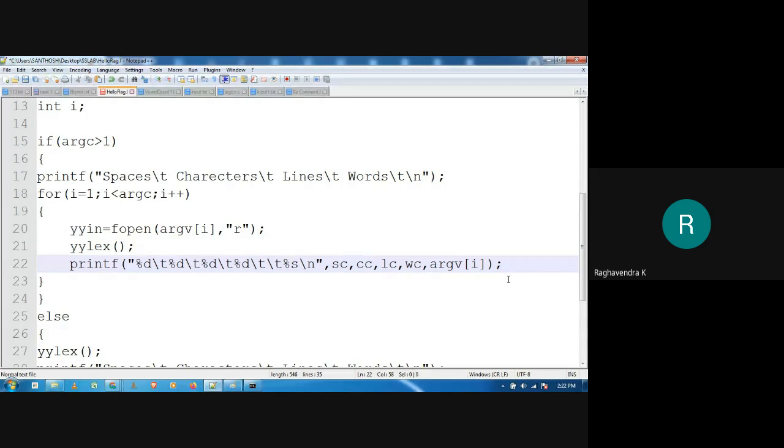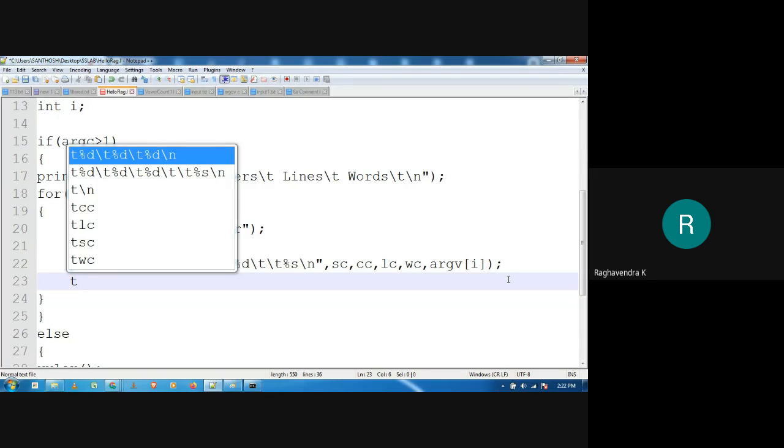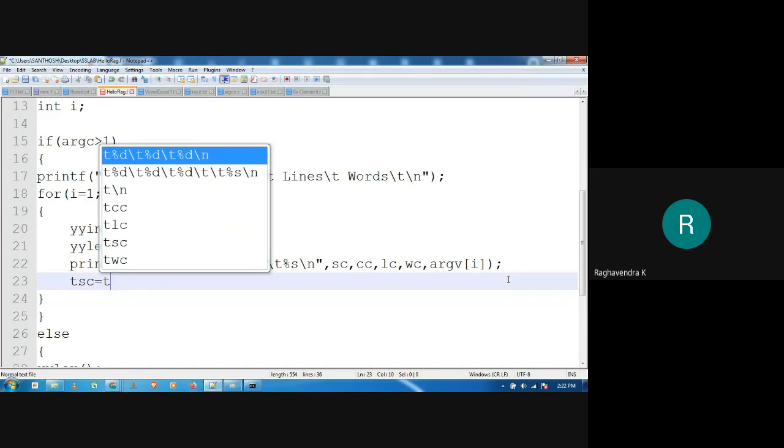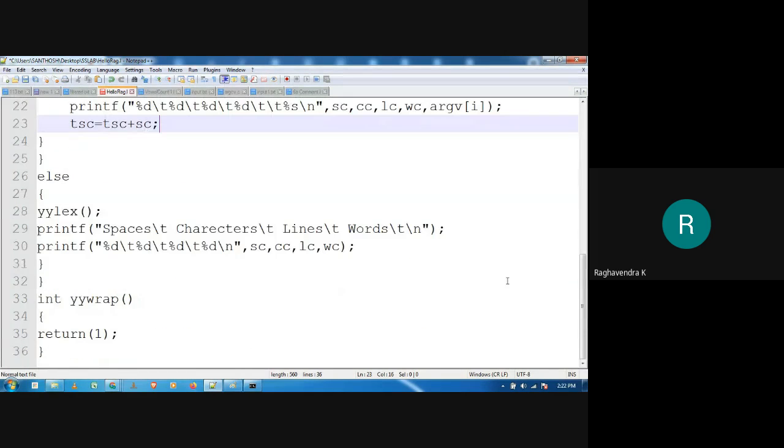Here we need to add all those things together. That's it. So total space count should be equal to whatever the space count is with the earlier one. So I'll write total space count plus SC, right? The same definition you can add for other things, and later you can put the printf statement at the end.